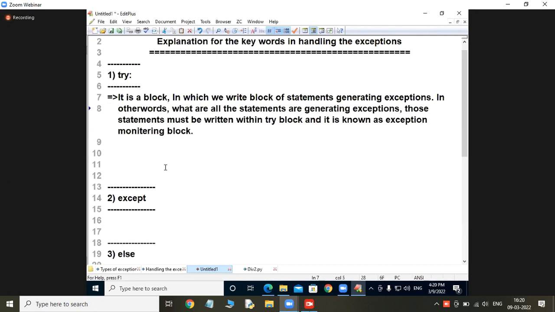Everybody will ask the purpose of try block. You have to say, in try block, we write the block of statements generating exceptions. In simple words, in this block we write all the statements generating exceptions, and a try block is known as exception monitoring block. Well, that's fine. Next after that, what should I write?